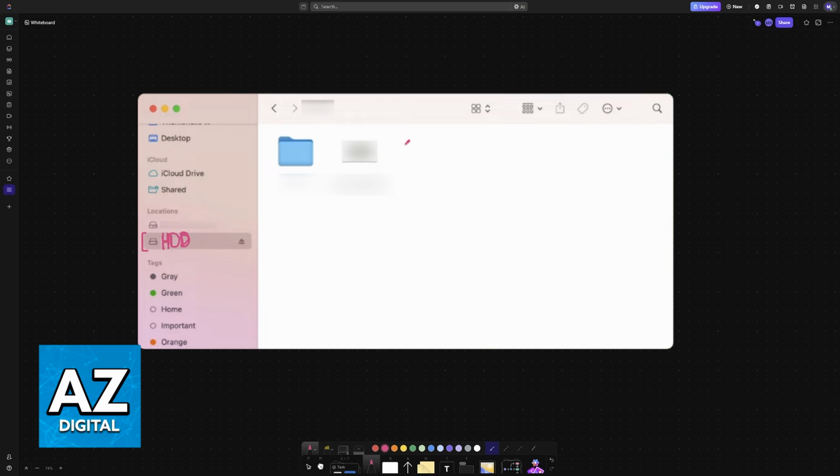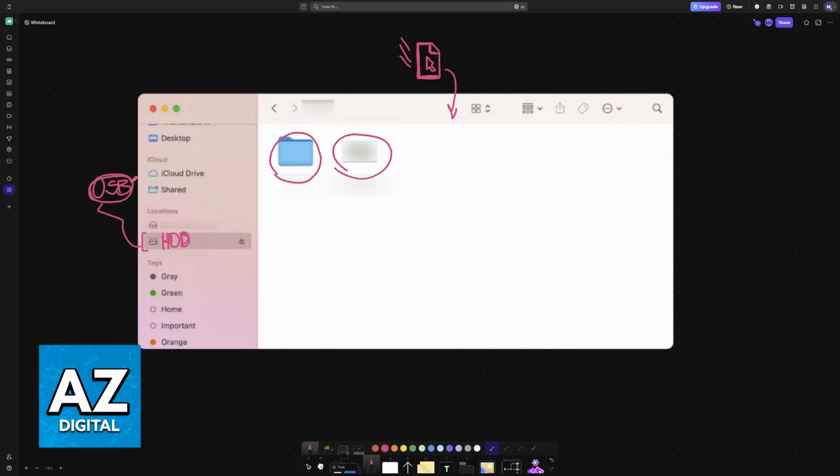But if all you want to do is transfer files, just find the specific file that you wish to manage, and then you can either right click on the file and choose the options to copy, move, or drag and drop. So you hold your cursor above the file, left click, hold, and then drag it into the hard drive. And once it is dragged inside, it will be copied over. You can have folders, you can organize things however you prefer, and the drive should be detected as long as it is properly connected to your Mac using a standard USB cable.